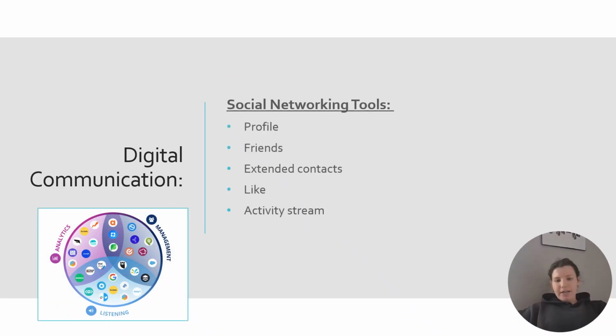I did provide some tools for social networking. It would include a profile, your friends, extended contacts, likes, and activity streams. Profiles are just information about your online identity. Your friends would just be like contacts. Extended friends are friends of your friends. A like is just to show appreciation for somebody's post. If you like it, you know you're going to interact with it. And then lastly, I have,